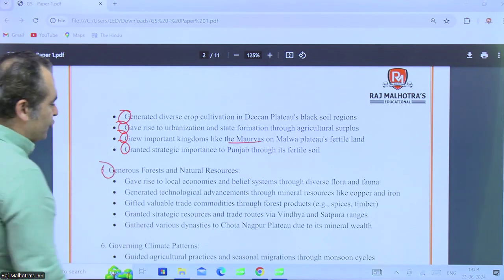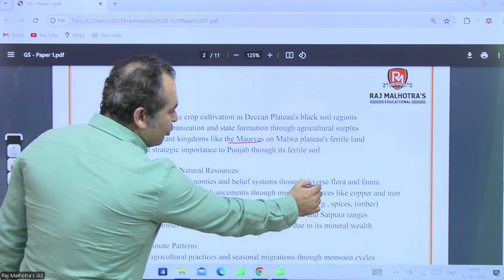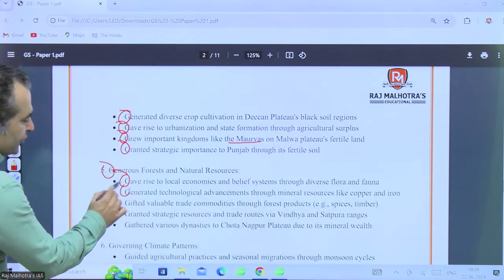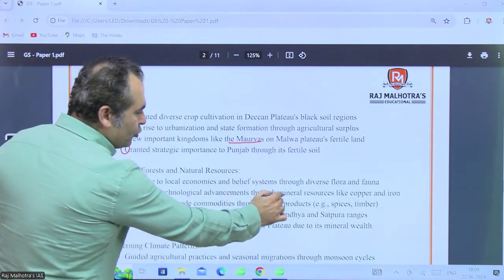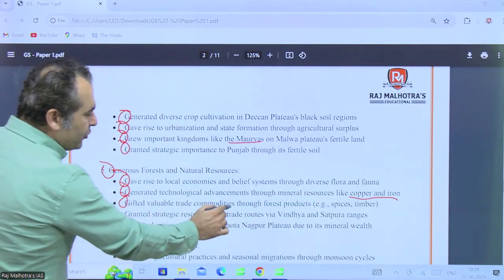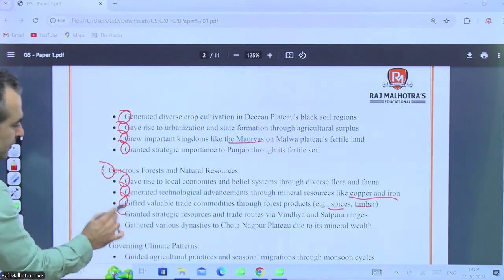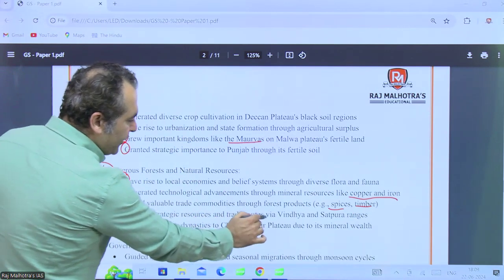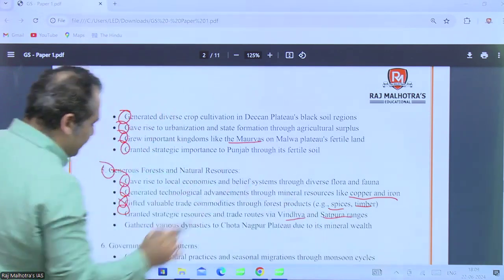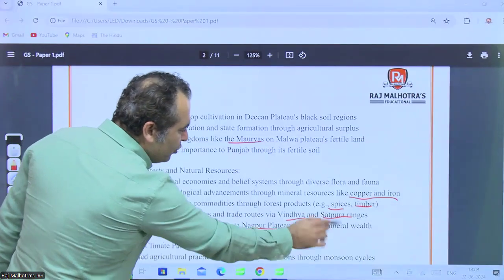generous forest and natural resources, gave rise to local economies and belief system through diverse flora and fauna, generated technological advancement through mineral resources like copper and iron, gifted valuable trade commodities through forest produce, example spices and timber, granted strategic resources and trade routes via Vindhyas and Satpura ranges, gathered various dynasties to Chota Nagpur plateau due to its